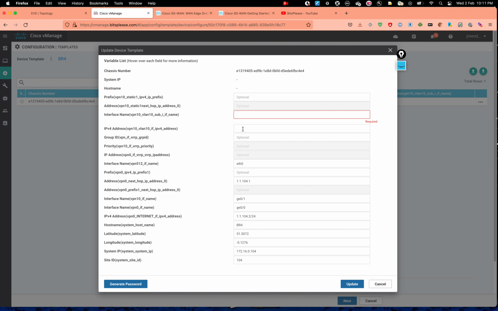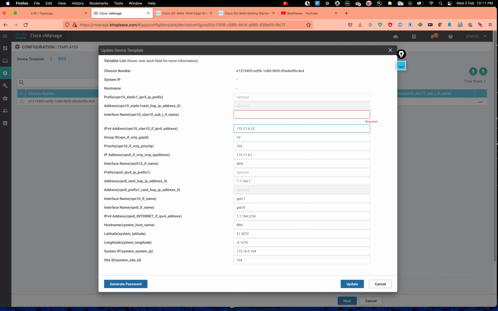Probably let's come all the way to VRRP. I have a single VH, but still, assuming a future, I'm going to add one more VH. For VRRP, the group ID you need to put in, the priority, which is say 105, and the address, which is 172.17, maybe 4.1. Okay, that's good. And finally, we will also need the IP address for the VPN 10, right, which is